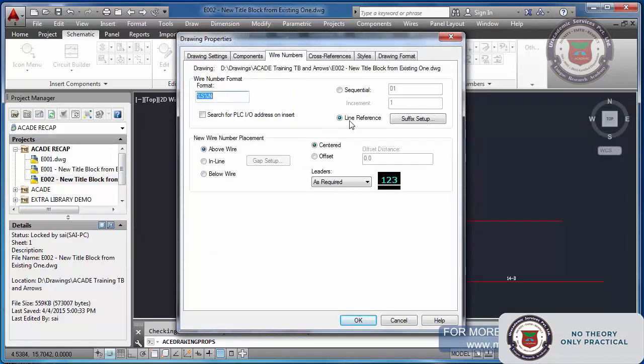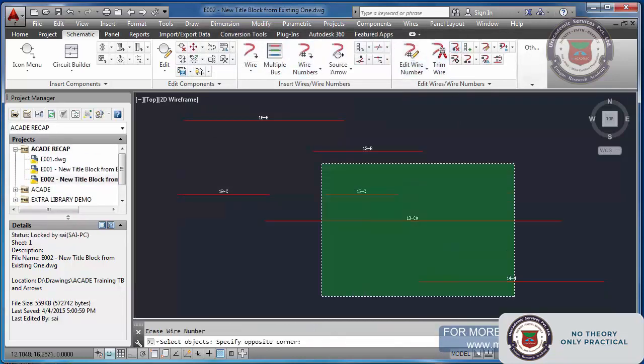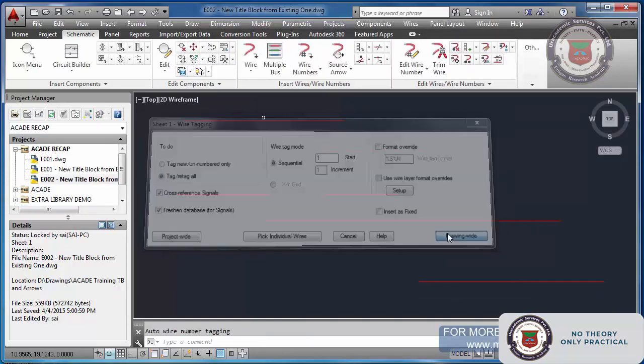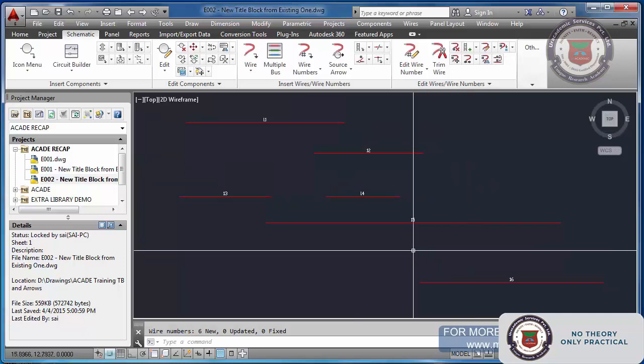Here, now this is line difference. I will change it to sequential. Okay, click OK. First I will delete all these wire numbers and put fresh wire numbers. Now you see 1, 1, 1, 2, 1, 3, 4, 5, 6 in this way.